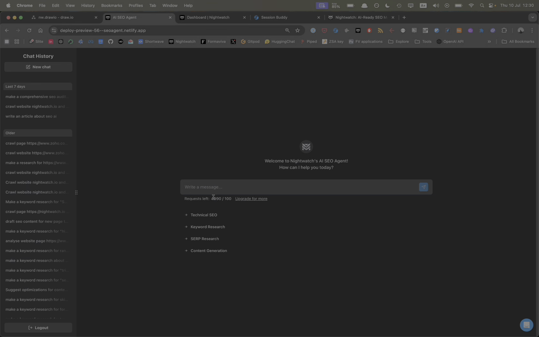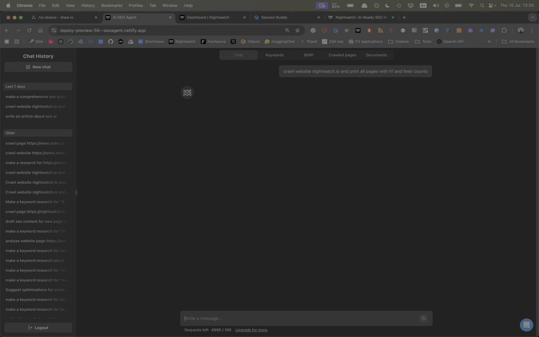So if we wanted to find something like this, instead of crawling a website with a crawler and then exporting this, we could just ask the agent: crawl website nightwatch.io, and print all pages with H1 and their counts. Now you see when I execute this request,